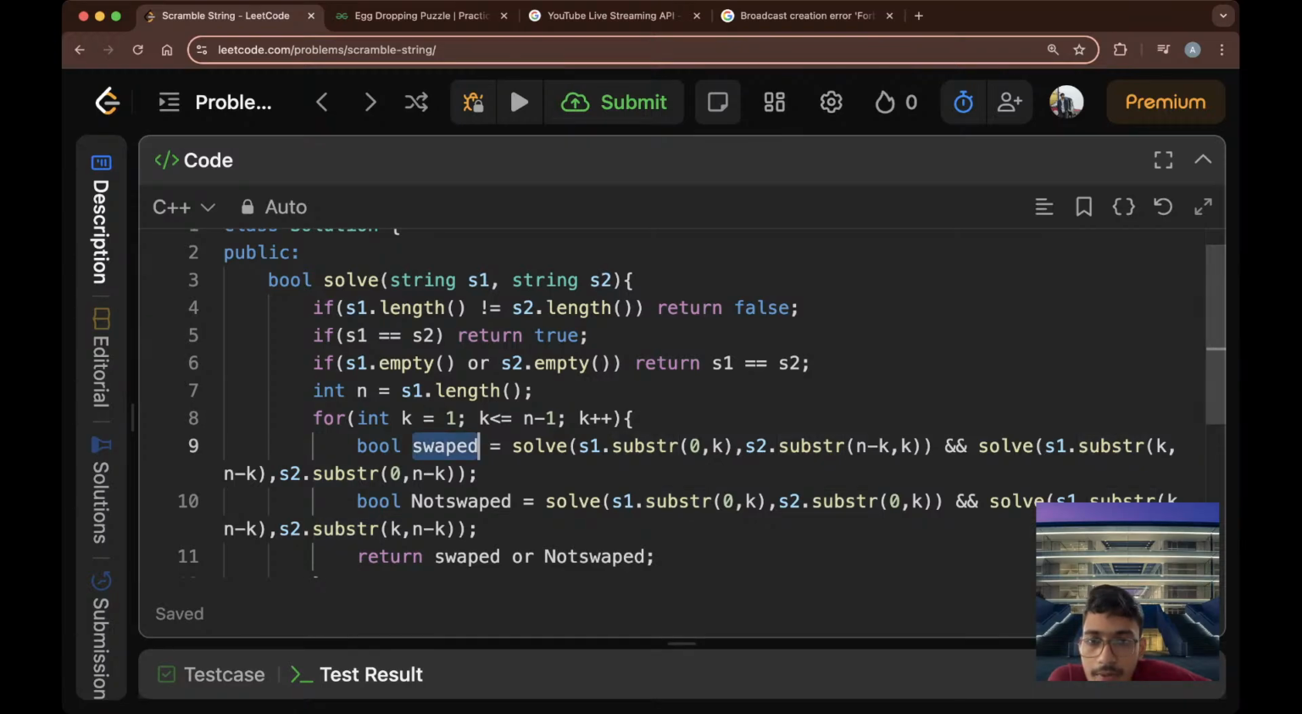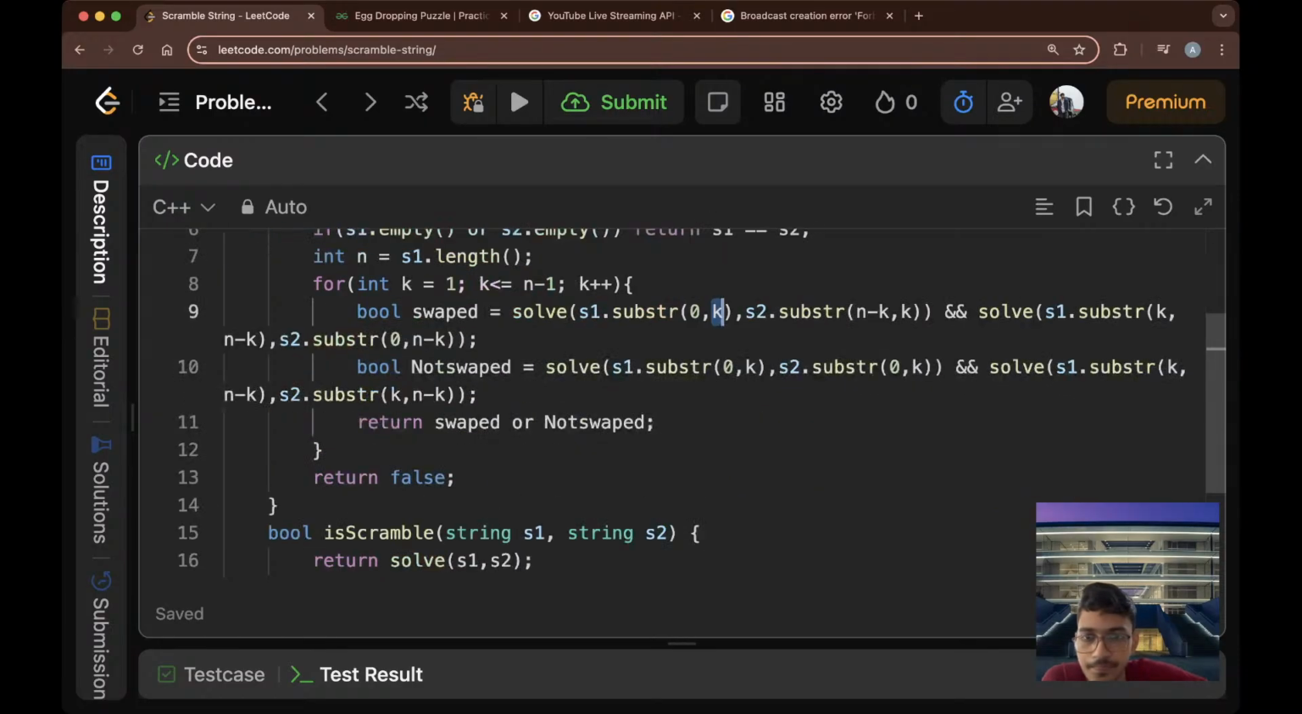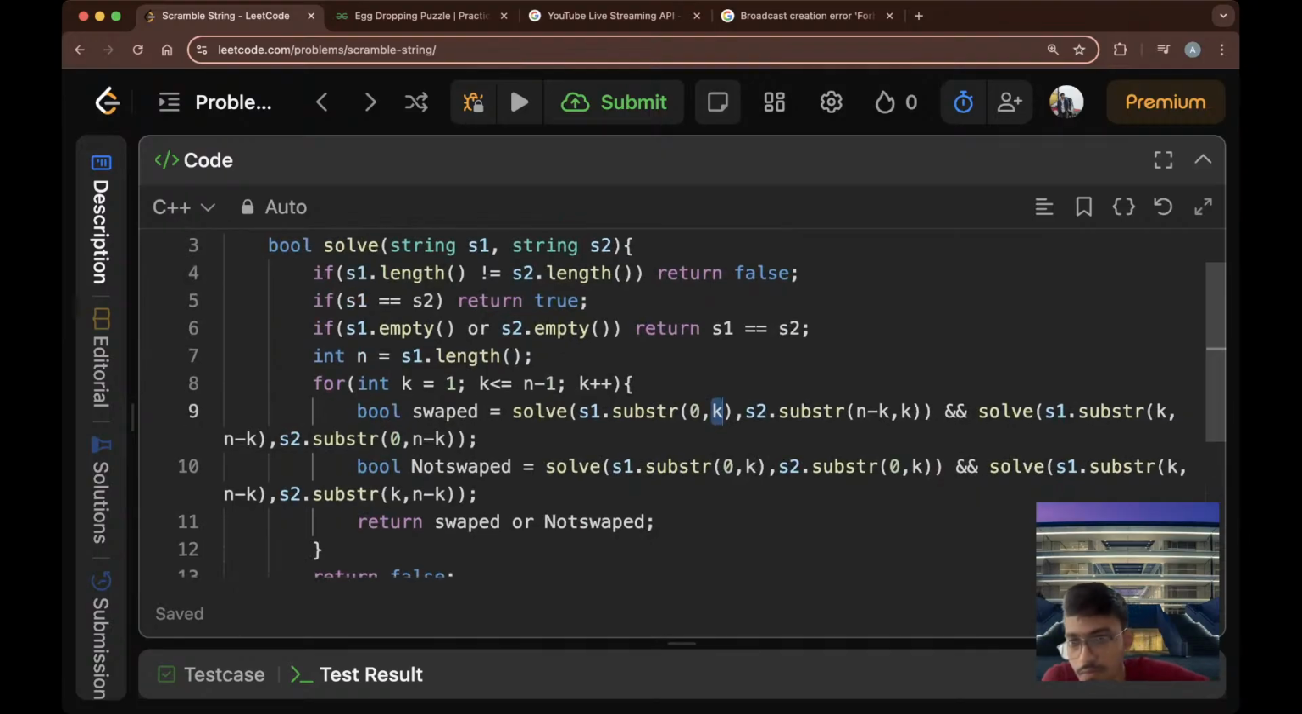If both are swapped, then S1 0 to n minus k, because 3 minus 2, okay, and the second part is k to n minus k, and it is found in the 0 to n minus k obviously. So only if both are scrambled. Solve S1